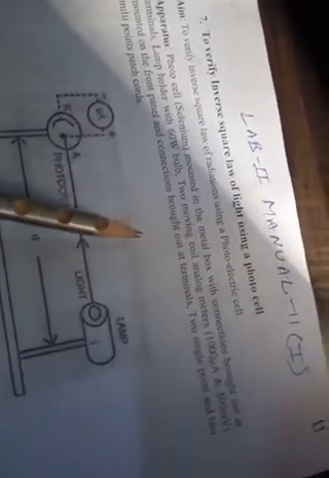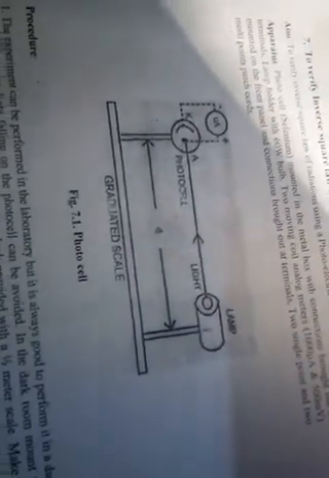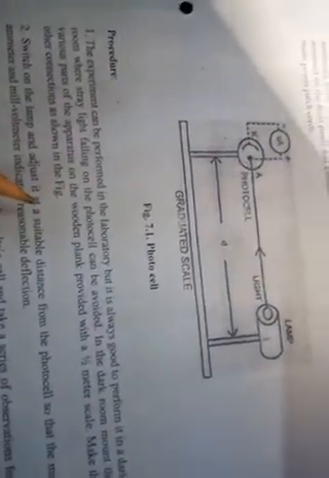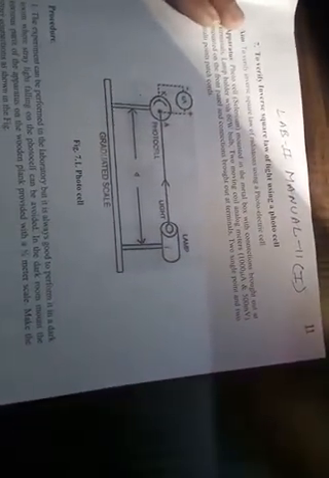So what is the inverse square law? As defined by scientists, the illumination that varies with the distance from the source is inversely proportional to the square of the distance. This will be calculated through the photocell. As per our aim, we have to use this photocell. The aim is to verify the inverse square law of radiation using a photoelectric cell.